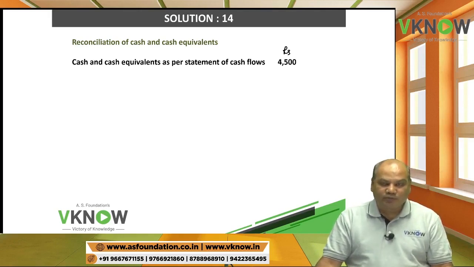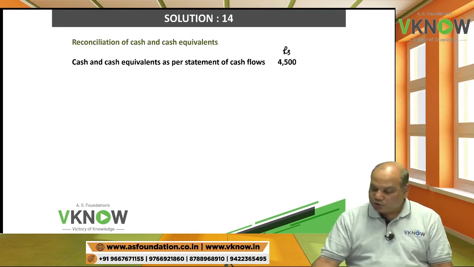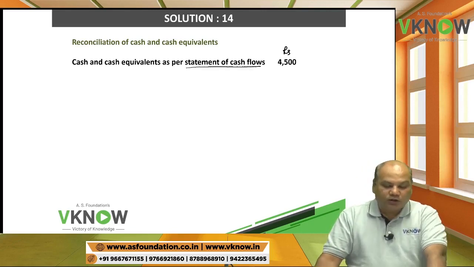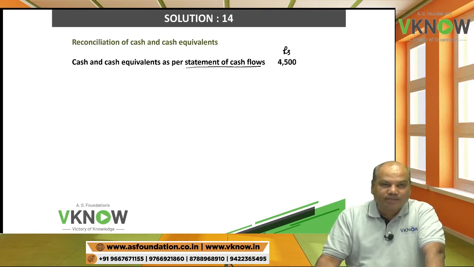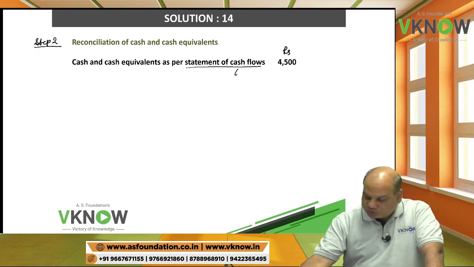Point number A. Cash and cash equivalent as per cash flow statement. How much was that in the last line? Previous table, last line. Let us call this step number 2. So this figure you will get from step number 1, last line,